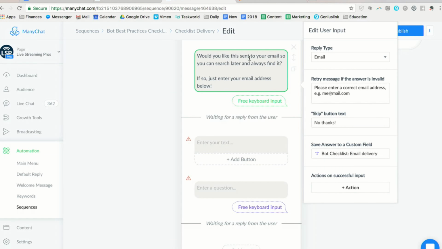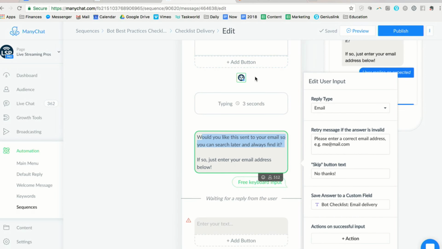Now, what's next? The next step is that you can continue to deliver value. Give them something else, and then offer something, maybe another PDF down the road, and then ask for their email address. Or you do what I did. Here, take a look at this, because this is one of the ways that you can do it. I say, would you like this sent to your email address?